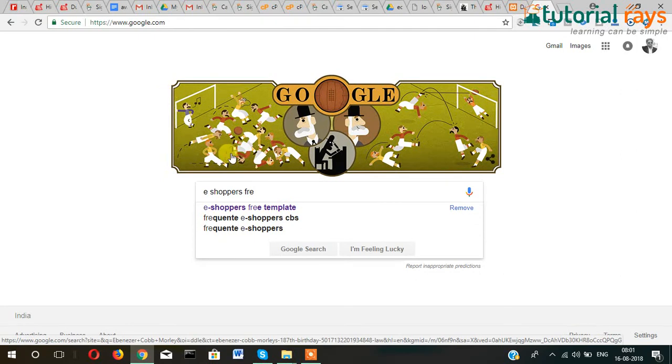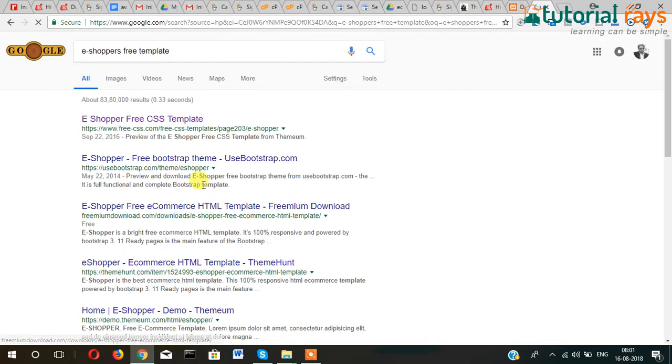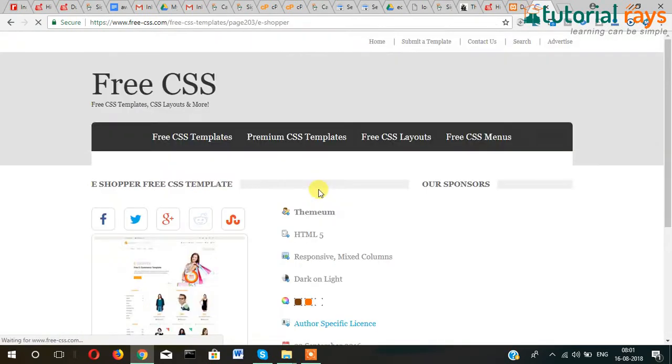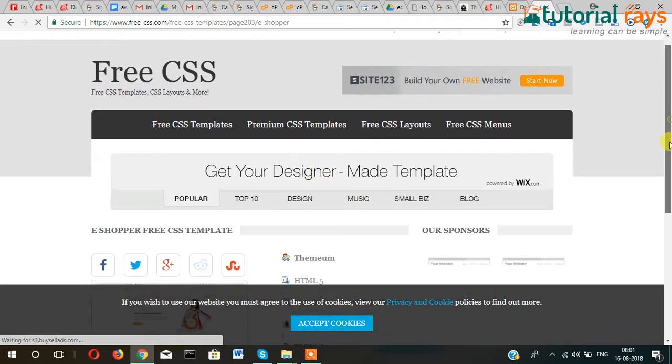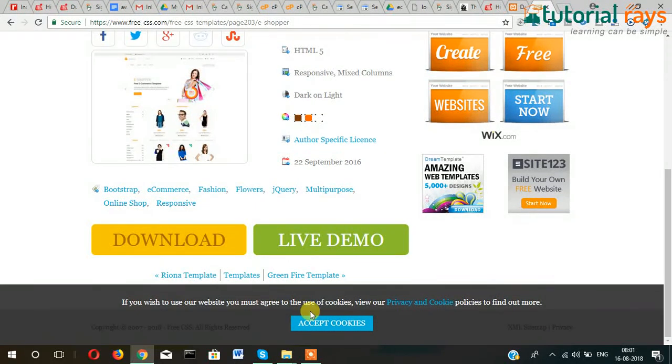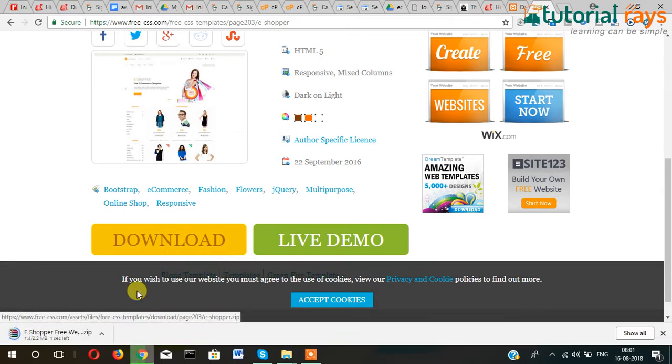Free template. So this is one of the templates which I'll be working on. So let's download it,